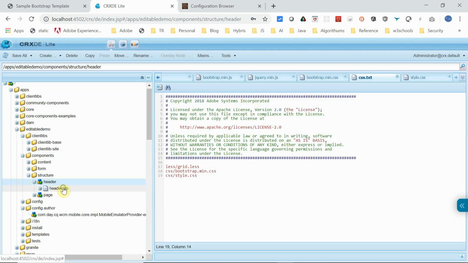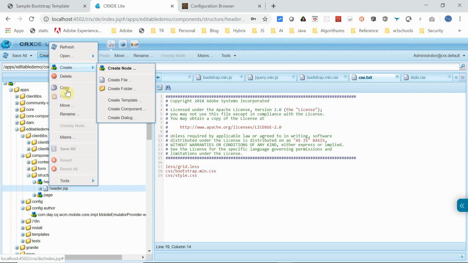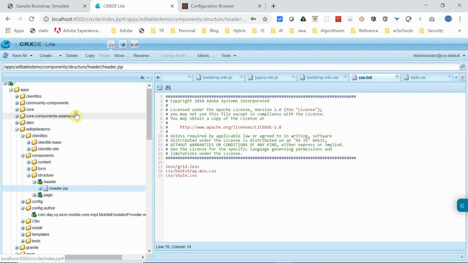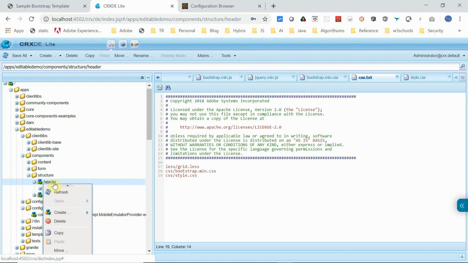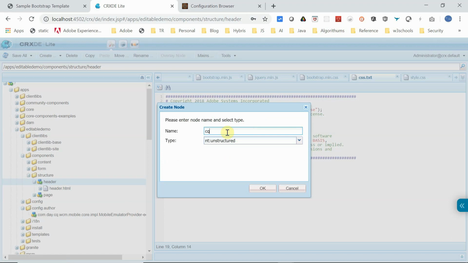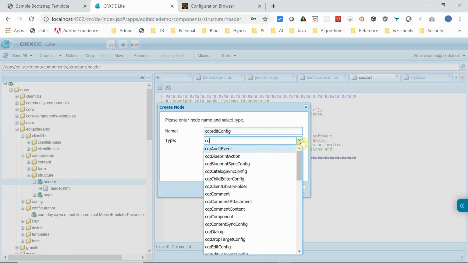One thing you have to do is rename this header.jsp to header.html. To enable this component in the template, we need to create a node with the name dialog or cq:editConfig. So I am going to create a cq:editConfig, of type cq:EditConfig.